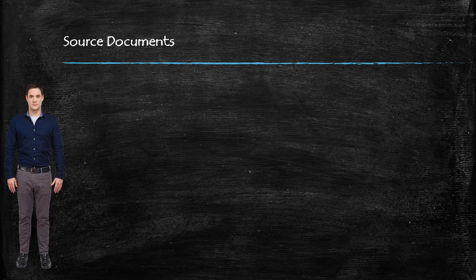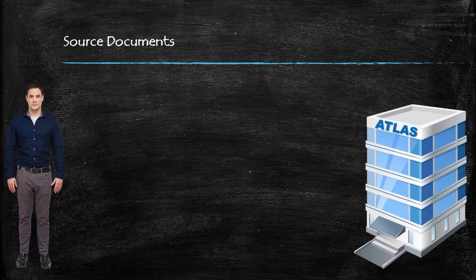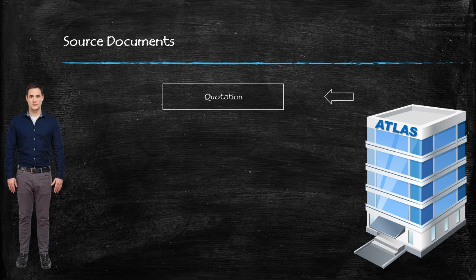Gary has just opened a shop selling school stationery, and he wants to order stationery from Atlas, the largest manufacturer and supplier in the country. Initially, Gary will need a document called a quotation from Atlas, so that he can establish prices that he may have received from various other suppliers. Normally a quotation will contain information such as the quantity required, details and description of goods required and the proposed